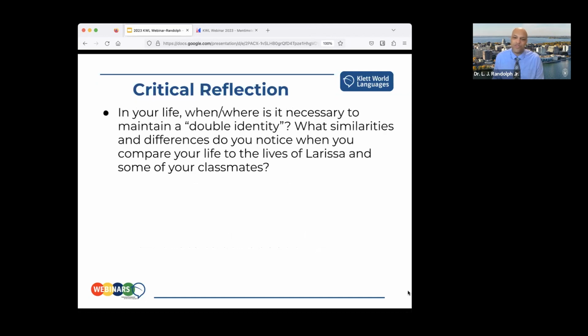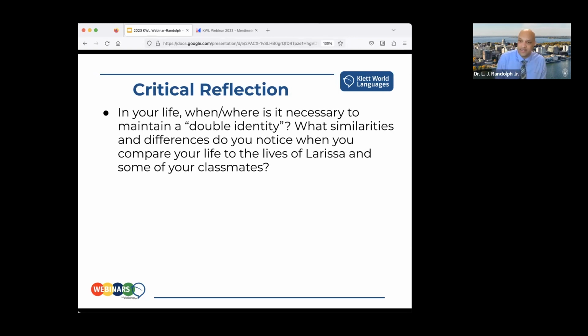And then we do some critical reflection. And I encourage students to engage in translanguaging when they do this, to use some English if necessary. Many times we would do this outside of class via discussion board, and then the teacher would facilitate a discussion when everyone comes back together.